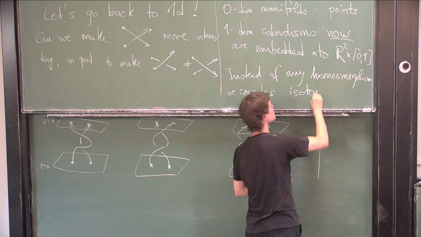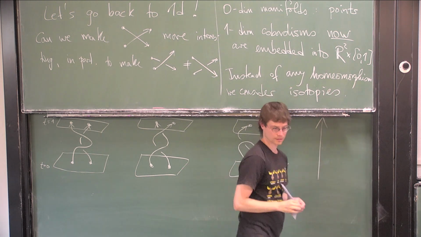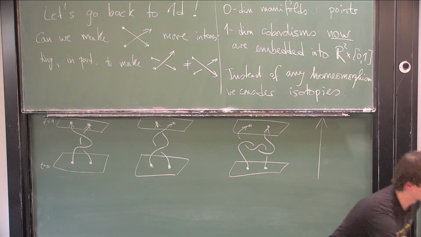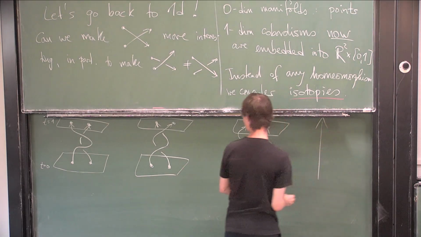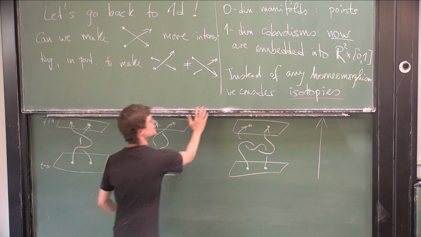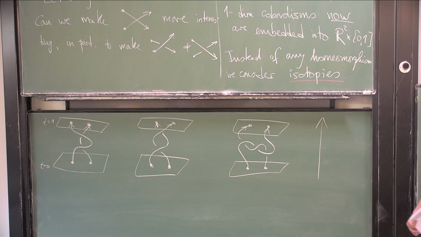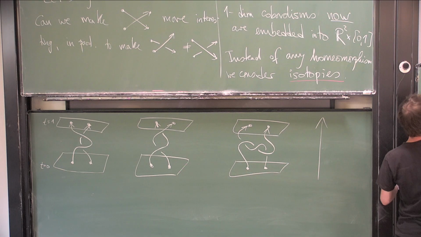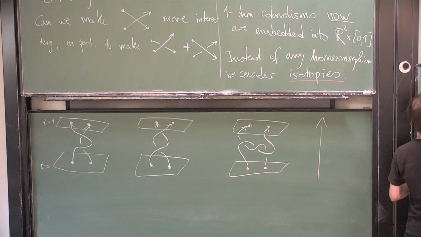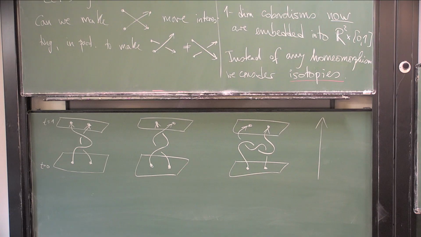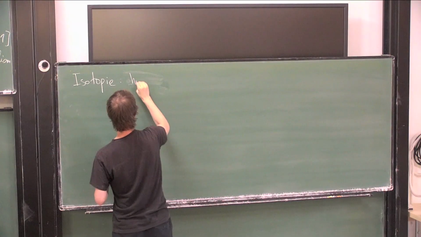I will tell you what an isotopy is. I will keep these pictures. So an isotopy is a diffeomorphism, homeomorphism,